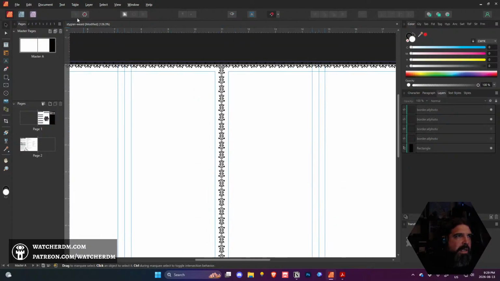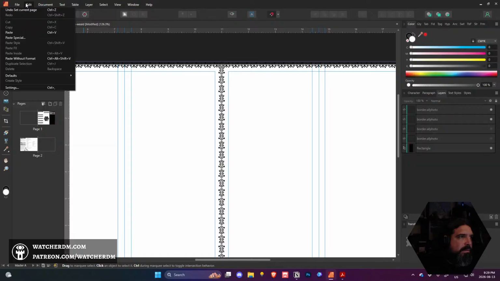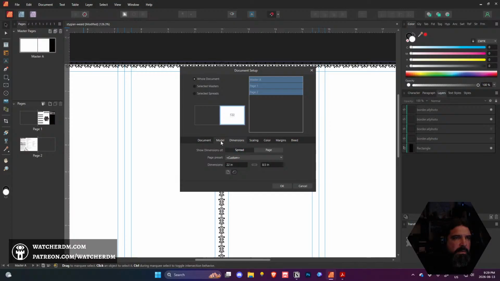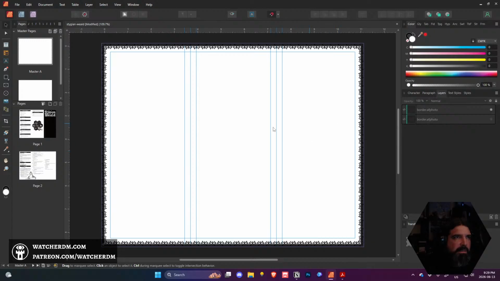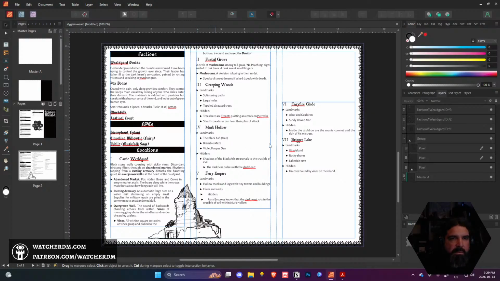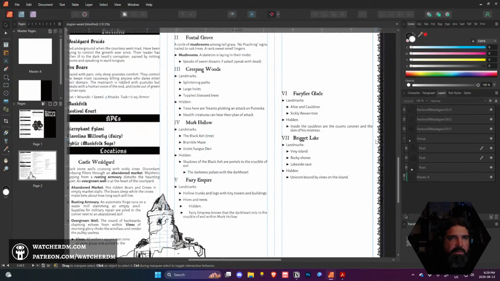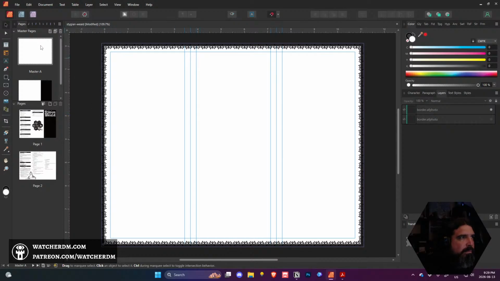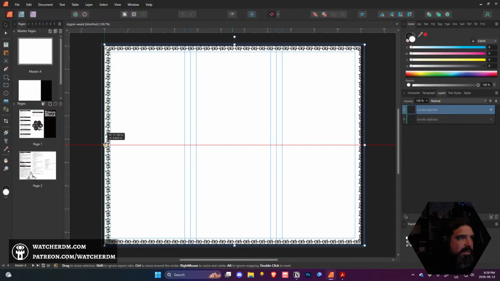Okay. Let me actually document. File, document setup. I don't want it to be facing pages, actually. Yeah, that's better. That's actually better. So that makes it not confusing there. And then I actually want it to still be on the page. So I'm gonna shrink this a bit. I don't want it to be so far out there. I don't want it to be so far inside either, but you know,